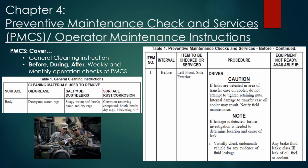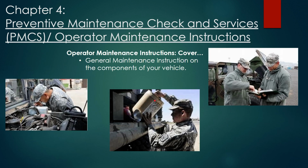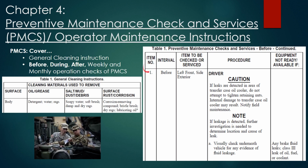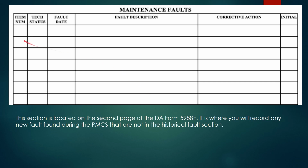So then you get into the PMCS, and it starts at before, and this is instructions. It literally says number 1. This is also really crucial. So I'm going to scroll up here real quick. Here, check this out. So, they don't have any more. It says item number 1. If you're on item number 16 and you find an issue, you don't just do 1, 2, 3, 4, 5. If you're on item 16 in the